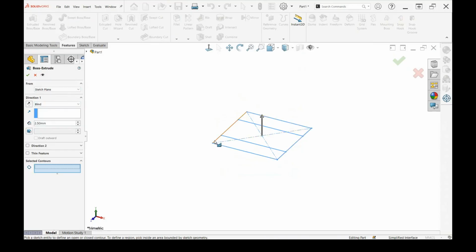If I can get it to work, which it looks like it won't cooperate again, we're going to select the 3 contours or interior sections of our sketch. So we now have a full rectangle that is 10 millimeters by 10 millimeters, the accumulation of the 3 sketch regions. I'm going to say OK.